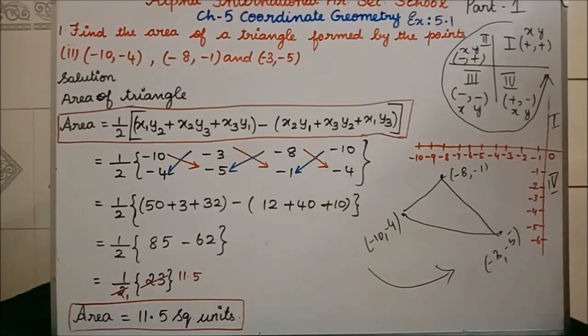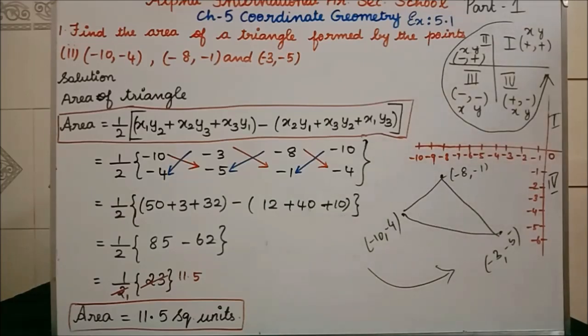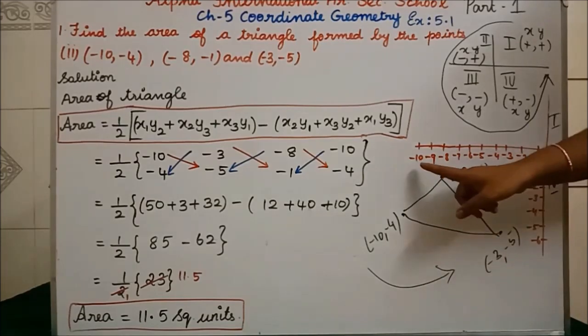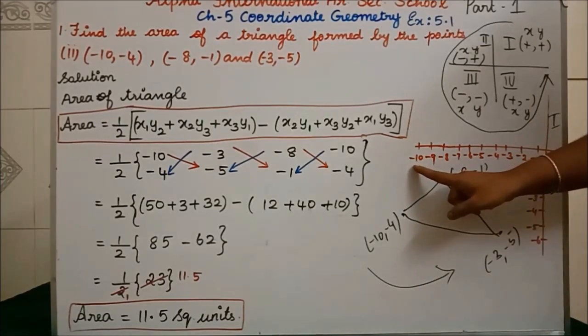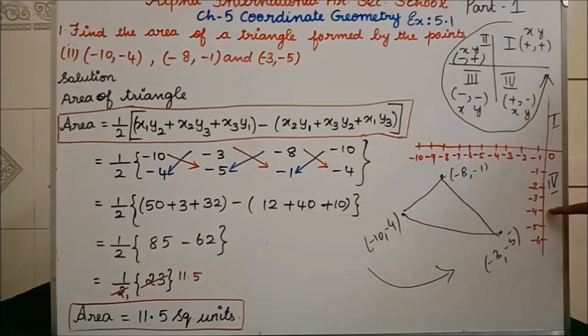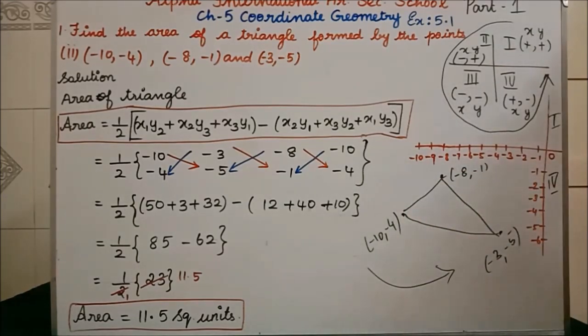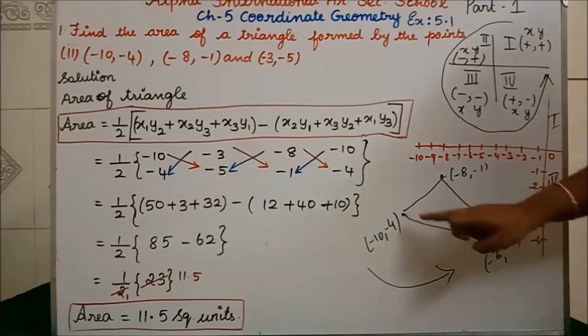So what we are going to do is, first you leave the first quadrant. I have not drawn anything there, and I have not drawn the second quadrant. Now see, I have drawn only the third quadrant alone. Now, the first point is what? Minus 10, minus 4. On the x-axis you have to see minus 10. On the y-axis you have to see minus 4. So I have kept a dot here. You are going to draw roughly only. Minus 10, minus 4.